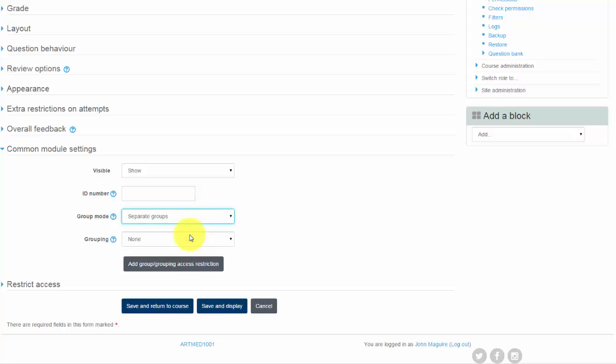So we'll enable groups for this first, and then in the grouping menu you would choose the activity viewers. What that is saying is that only the people who are attached to the activity viewers grouping can see this activity. So I just confirm that, add group and grouping to access restriction, and that is that done. So if I then hit save and return to course,